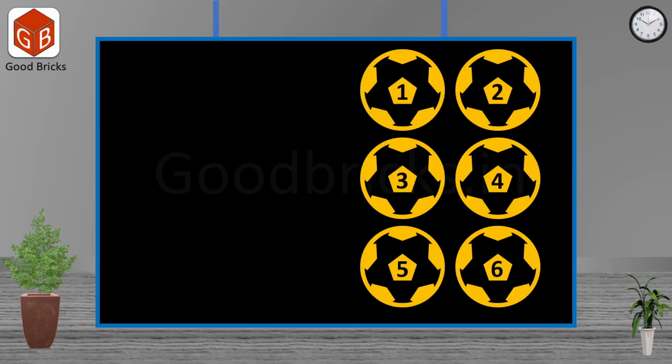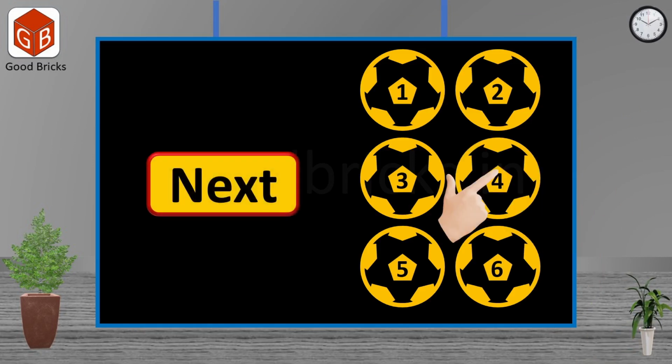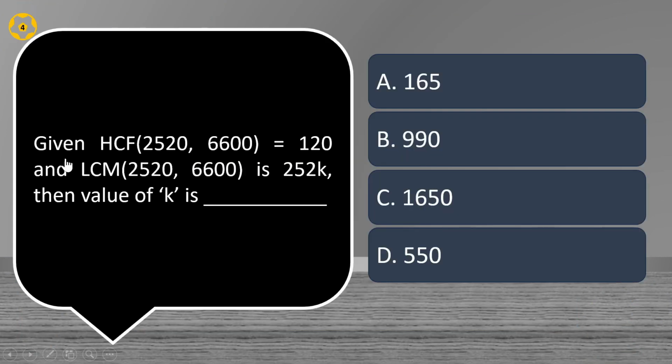Our next question is, let us look at question 4, the fourth question. Given the HCF of these two numbers is 120 and the LCM of these two numbers is 252 into K, then we need to find the value of K. So the correct answer is,